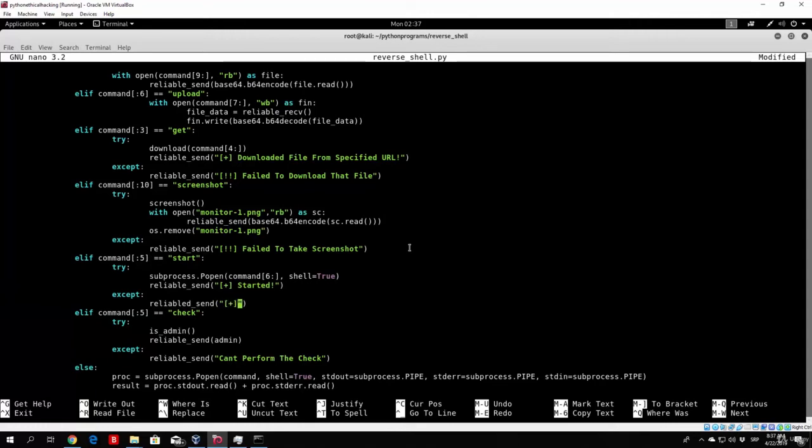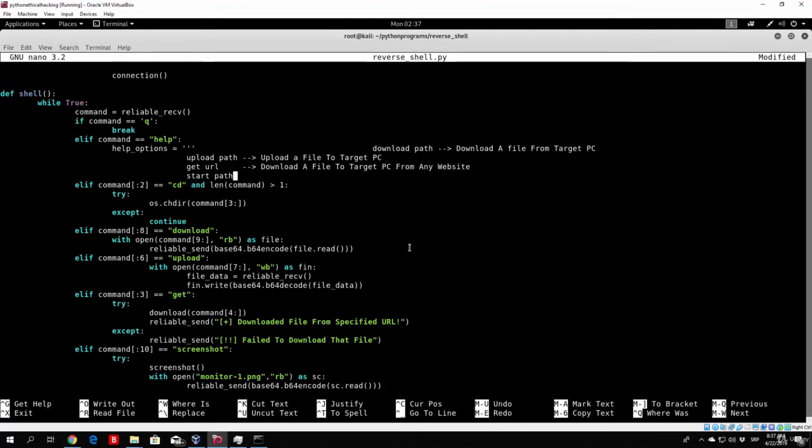So plus, or not plus, we need two exclamation marks, or you can use a minus, whatever you feel like it. And then failed to start. Okay, so that part is coded. So right now we can add it to our actual help settings. So dash dash start a program